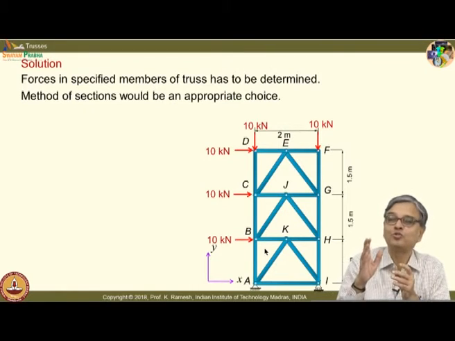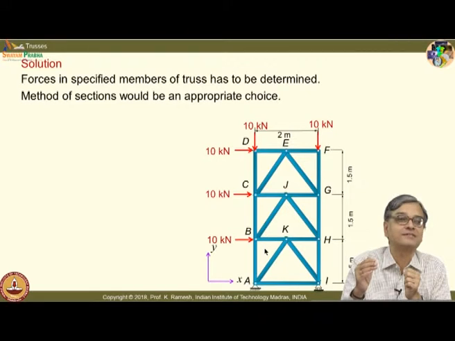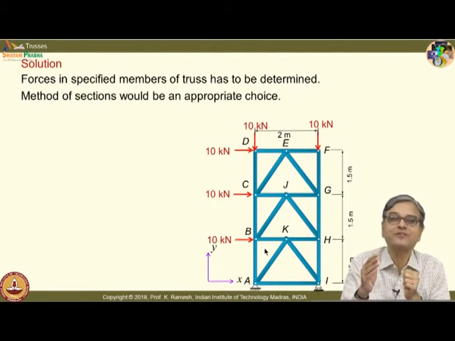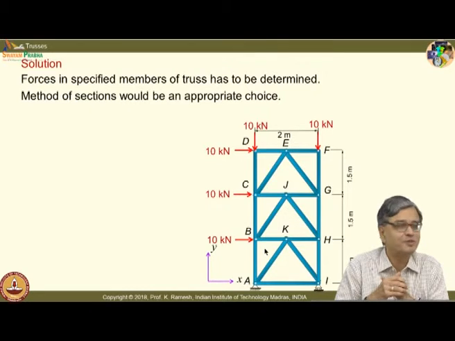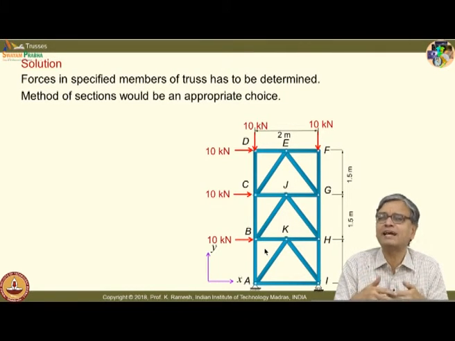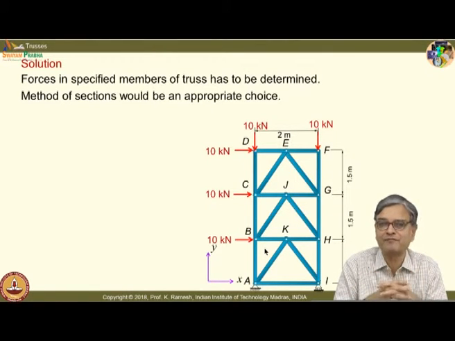I said that you do not have to have a straight line, it has to be a wavy, and I have also relaxed another condition. It can also cut more members, more than 3. To be specific, you can cut 4 members. Let me give the other clue also. Because in a problem like this, you can have multiple ways of solving it. There is no one standard way to solve a problem. You have to apply your mind and then find out what it is.